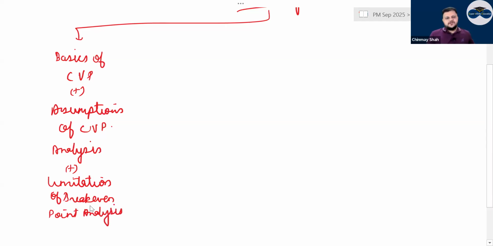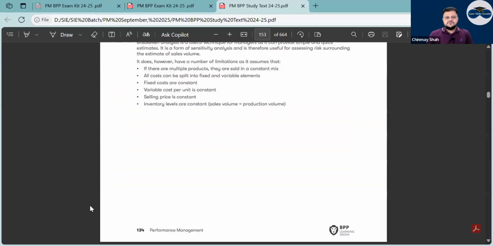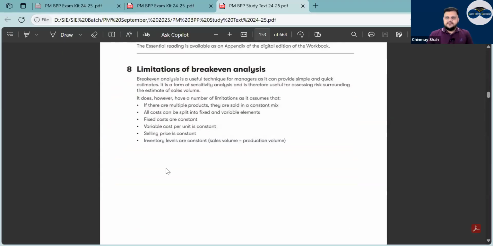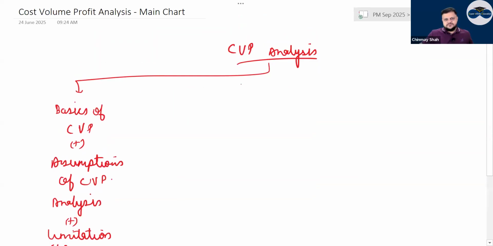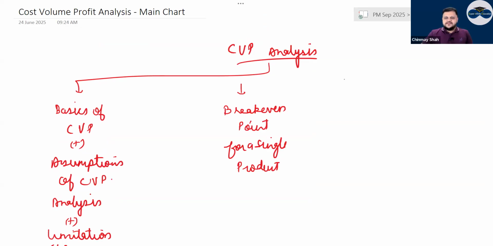ये देखो, ये लिमिटेशन वाला क्वेश्चन है। एंड में दिख रहा है क्या? ठीक, उसके बाद लिखो: ब्रेक इवन पॉइंट फॉर अ सिंगल प्रोडक्ट। मेरे को सेल्स मिक्स वगैरह करना था, बट इसमें मैं बेसिक्स कवर कर लूंगा, ठीक है। ब्रेक इवन पॉइंट